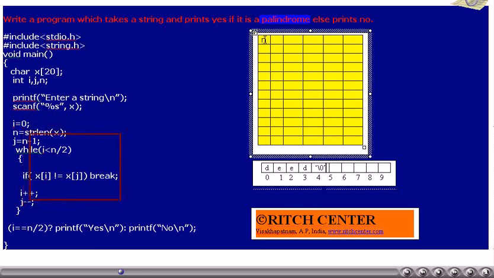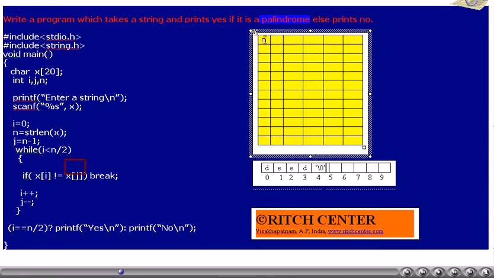In the next iteration, j value has to be reduced by 1 so that it points to the last-but-one character. Thus, in this while loop, the i value is incremented, whereas the j value is decremented, such that at any time i indicates the index of the character to be compared from the beginning of the string, whereas j indicates the index of the character to be compared from the end of the string.